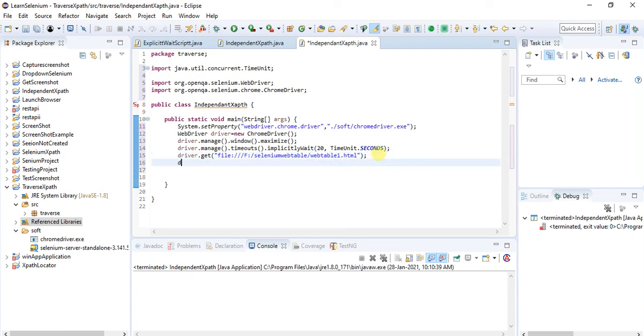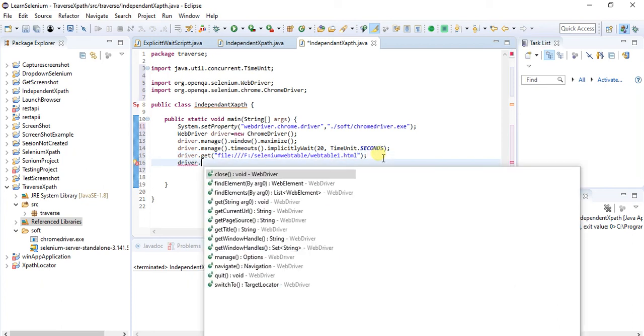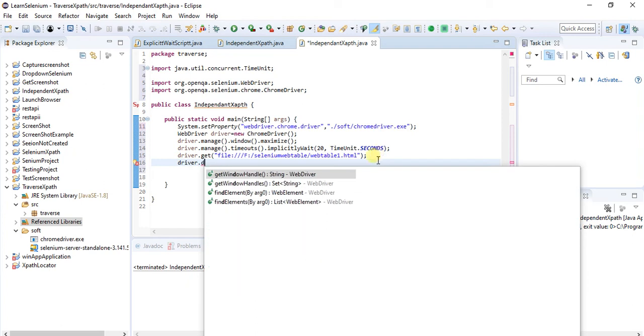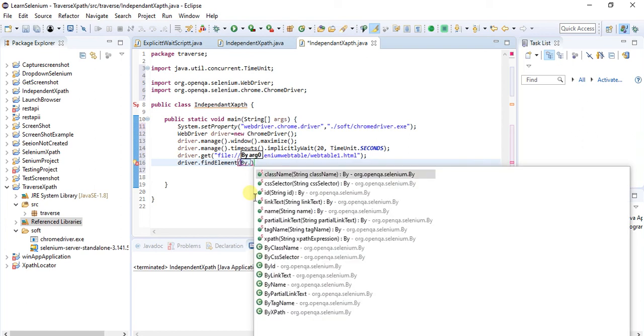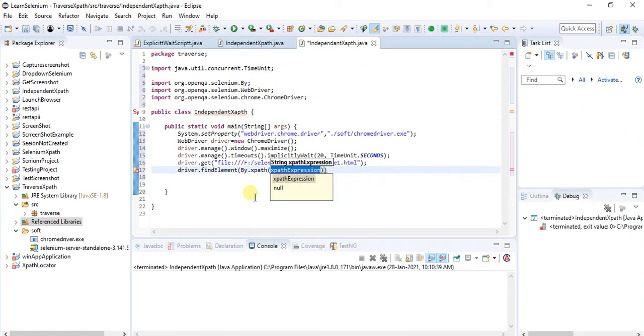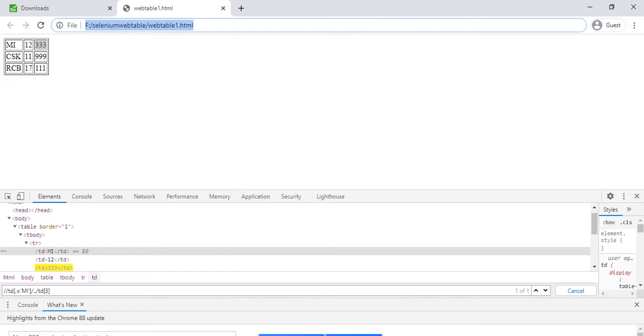Now, driver dot, I will take the findElement method. I will write the XPath of the independent element and add it there. So this is my element XPath.